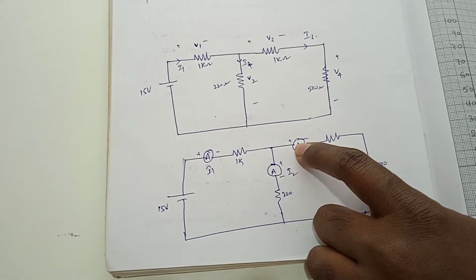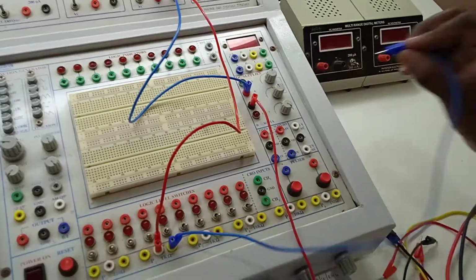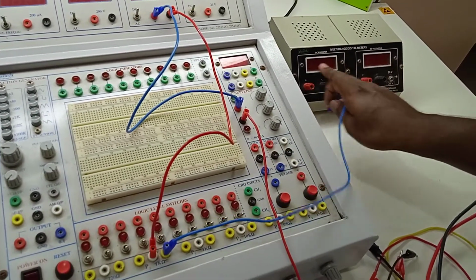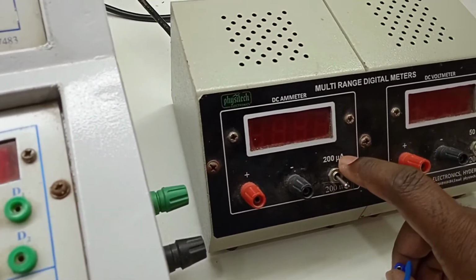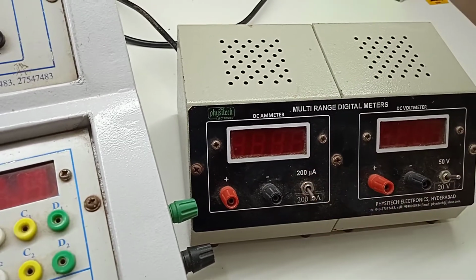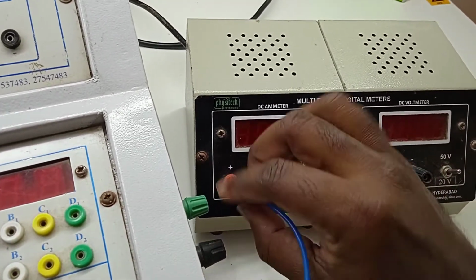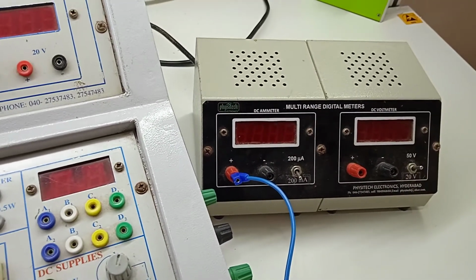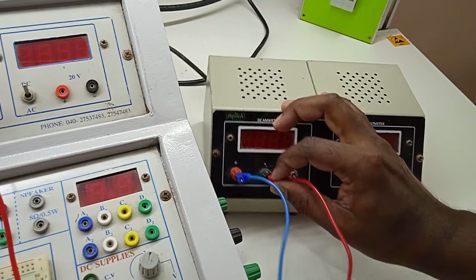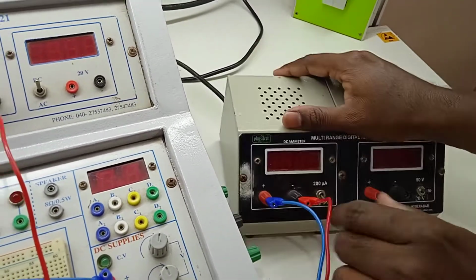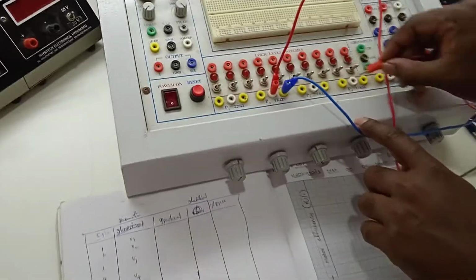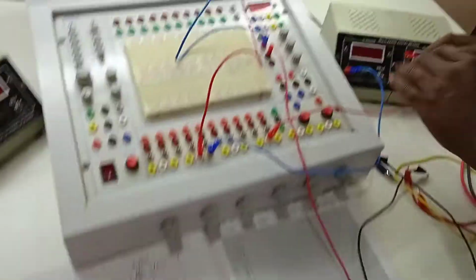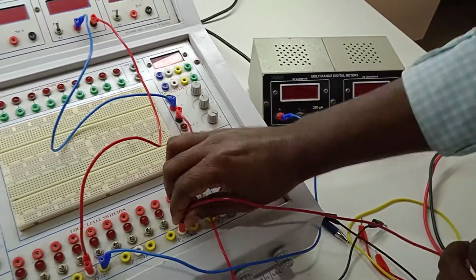Okay, so ammeter positive. So this is also one ammeter. So this is also a DC ammeter, it is written. So it is 200 milliamperes and this is 200 microamperes. So we will put it down. Okay, so this is the positive terminal of the ammeter, and from the negative terminal of the ammeter we will connect another 1 kilo ohm. So this is the 1 kilo ohm we have fixed. We will connect another one.